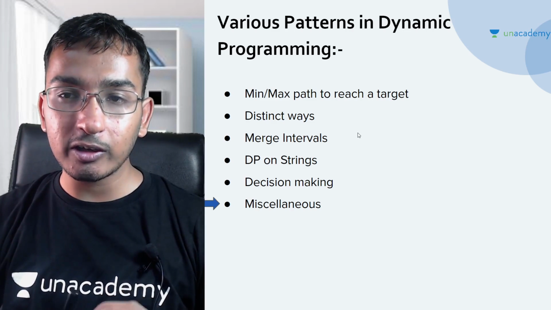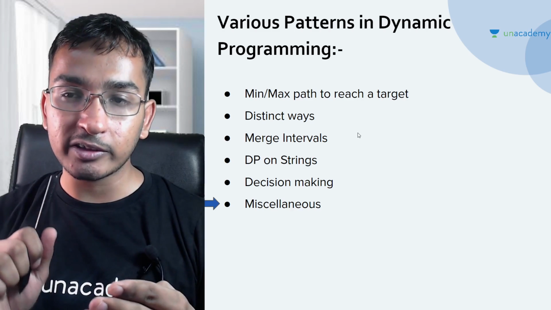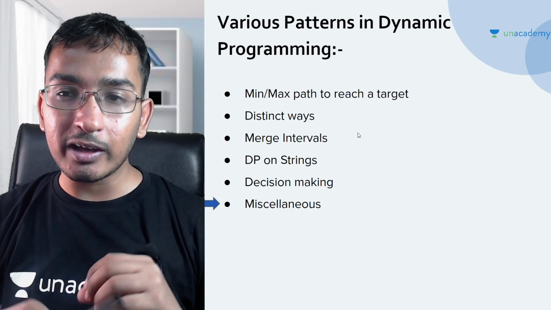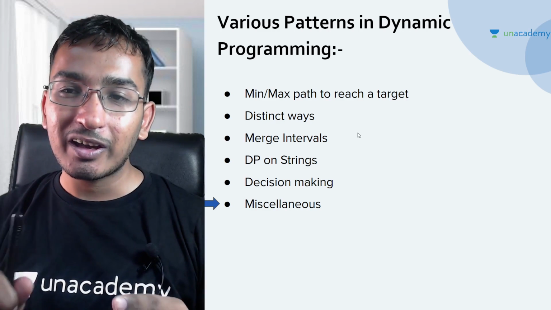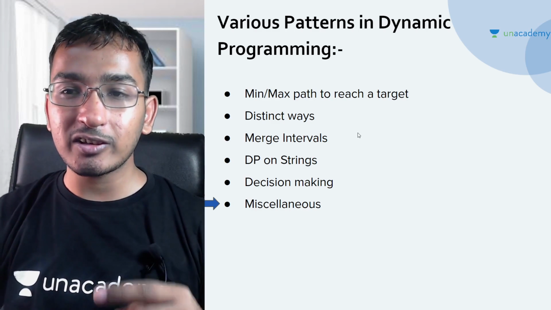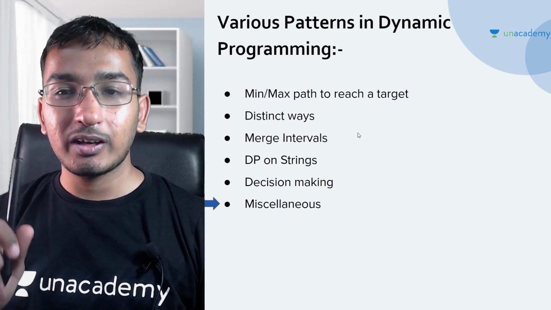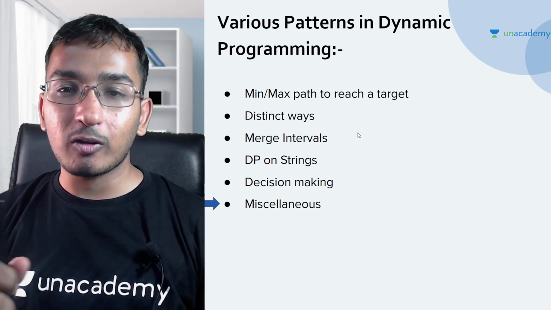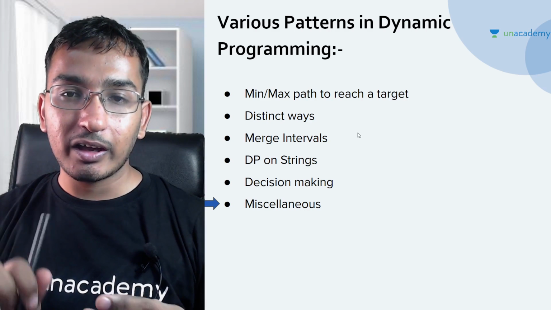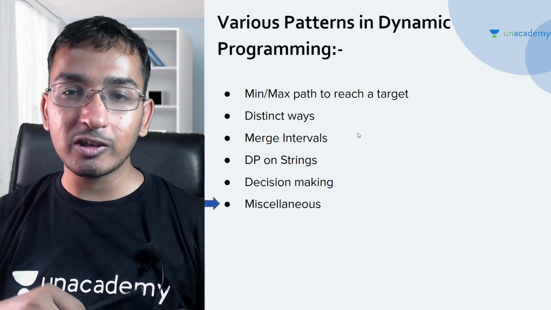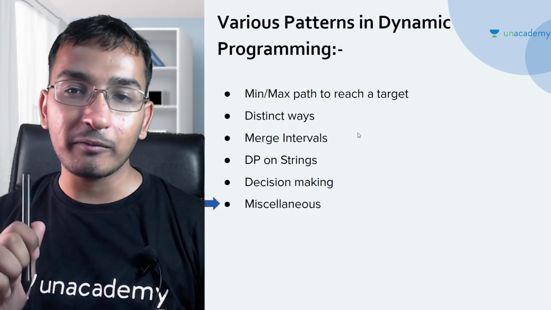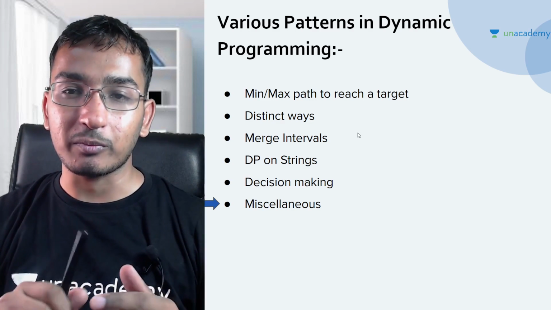You can apply it on string, on graph, on tree, on linked list, on array. So this is not any kind of data structure. Dynamic programming is a technique which you can apply on any data structure. So in today's lecture we are going to see how to apply dynamic programming on the tree. We are going to solve a problem here, and in the end I am just going to explain a homework problem statement, and you have to solve it and submit it, right guys?